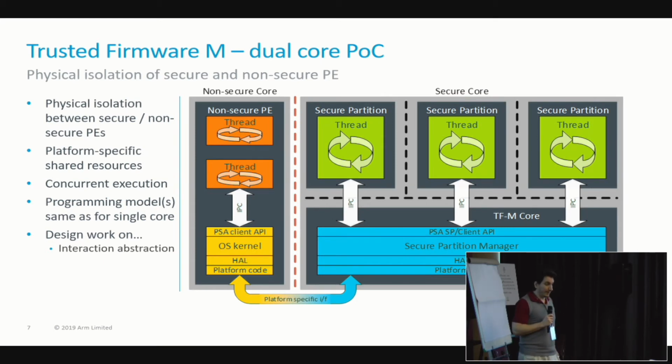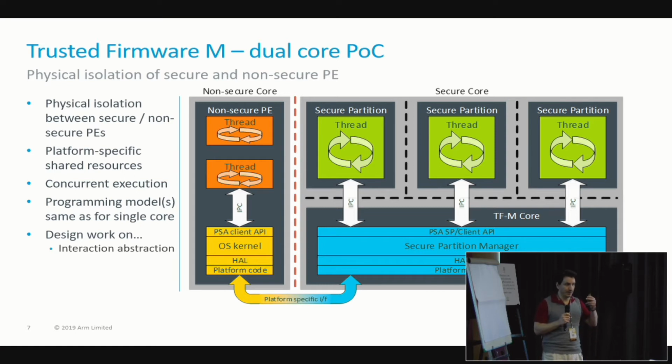A big topic that we are also looking at this year is to support physical isolation of secure and non-secure processing elements, so basically a dual core design. In this case, we have a platform-specific set of shared resources, and we have concurrent execution of secure and non-secure processing elements. They execute independently, and here the programming model can be the same as for single core implementations for